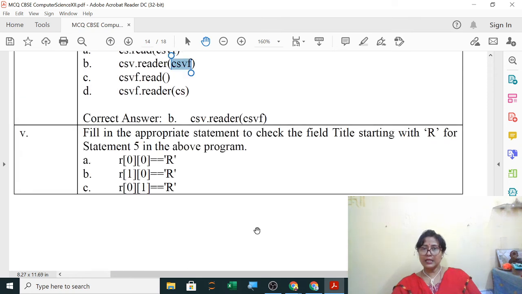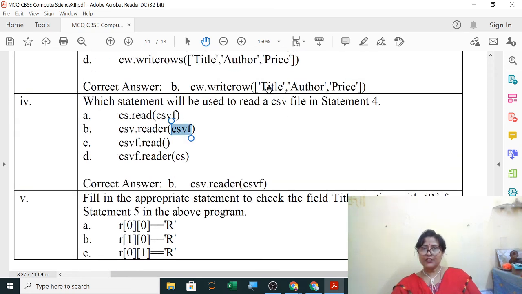Clear? You can see here the field title is the first one. If it is author, you will write here 1. If it is price, you will write here 2. So field title is the first one. So for searching, the name starting with R, actually here capital R is given to search. So the first one will be for title 0, and since it is the first character, that's why you have written 0. Okay, now if it is ending with R, what will you write here? Anybody?